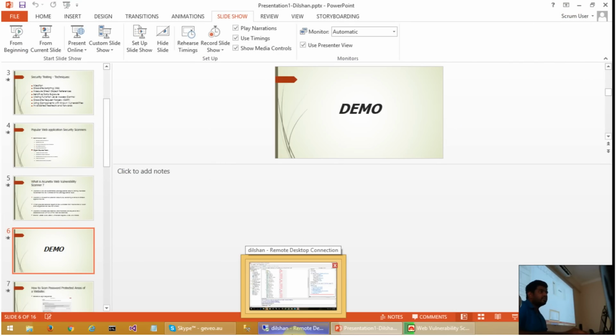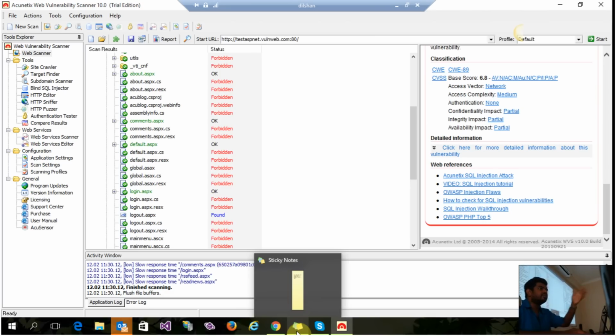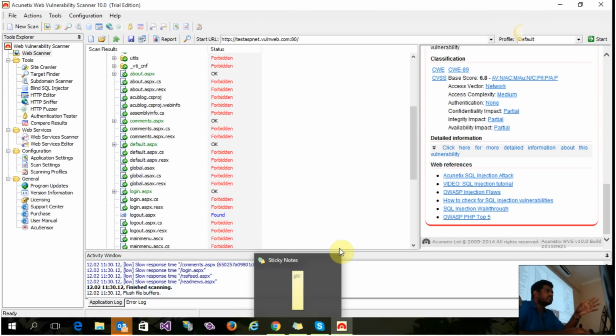Yeah, it will go through all the pages which are not blocked. If you have authentication or something like that, it won't go through that. Again, if we have something like that, we can use a login recorder. We can record those authentications and combine them, so it will use those and move forward. Otherwise, if there is any blockage, it won't go further than that. This is their default site, so there won't be any blockages in that. So it will go through all the pages in that particular website and find all the vulnerabilities in there.